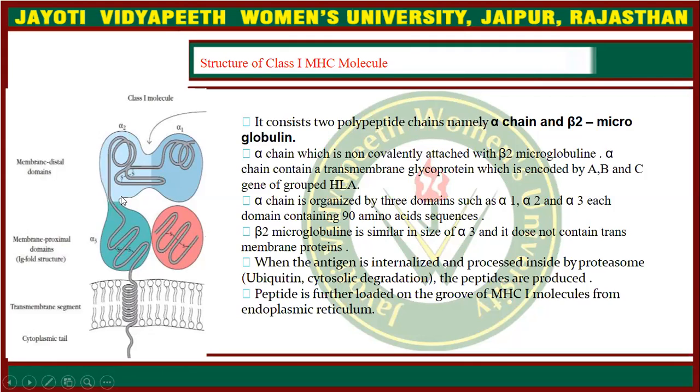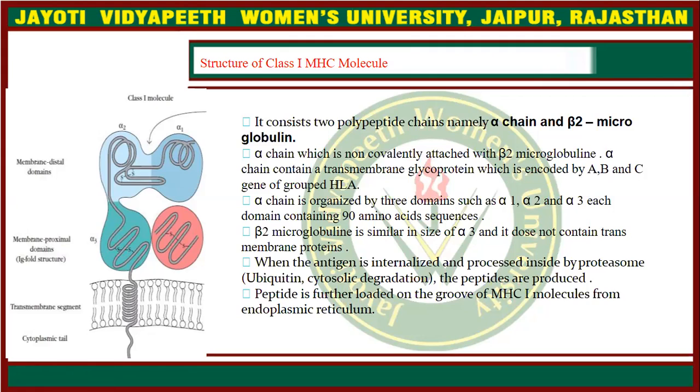They are bound to each other by non-covalent bonds, and in a particular domain there are disulfide bridges. In the whole structure of MHC number 1, there are four regions,